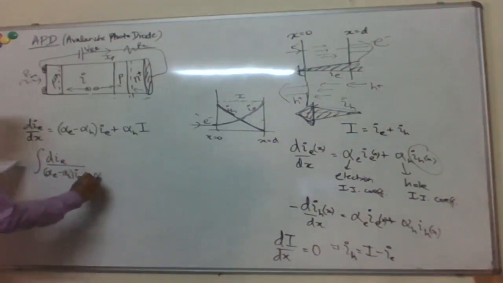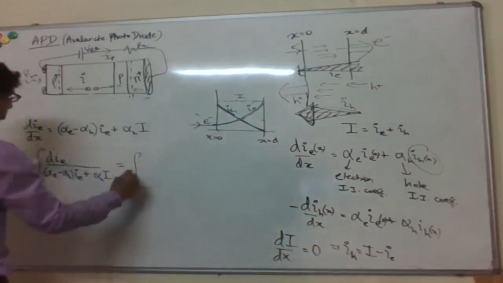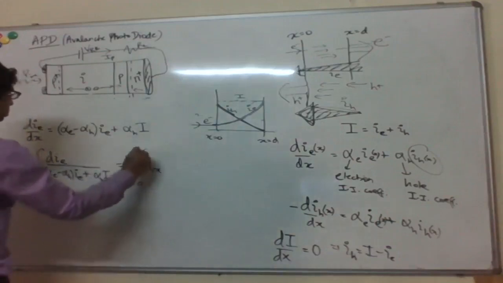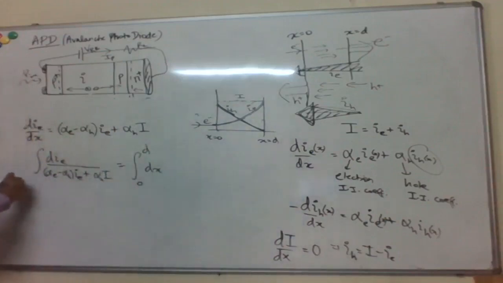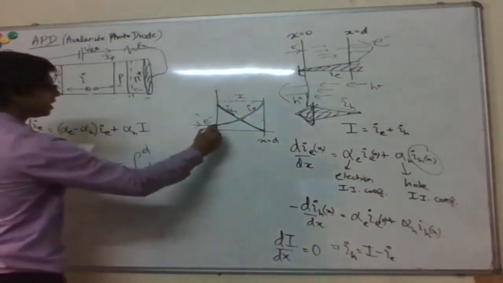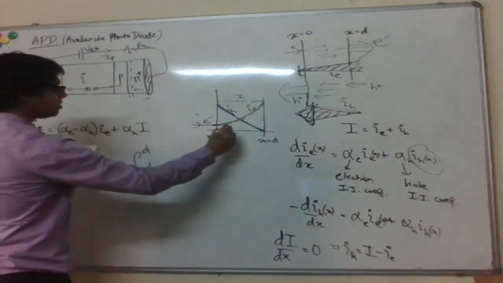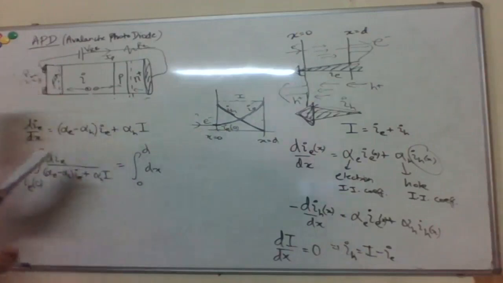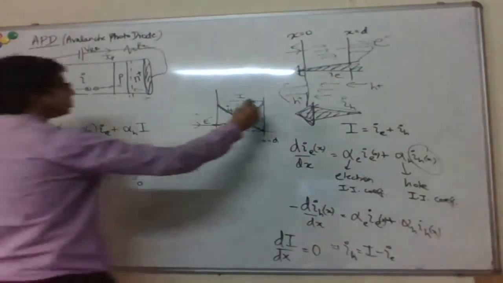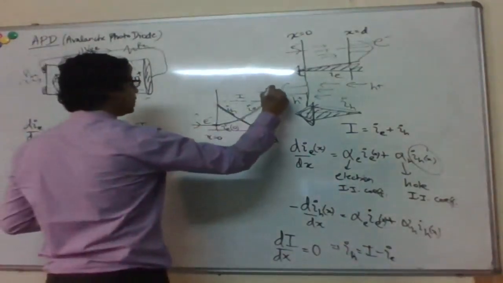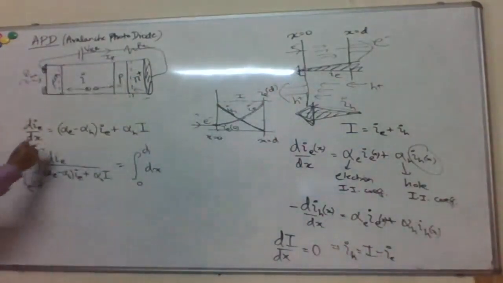This term is a constant. And now the electron current starts from some IE0, which is this level here, so IE0 at x equal to 0, going up to IE at D, the end of the